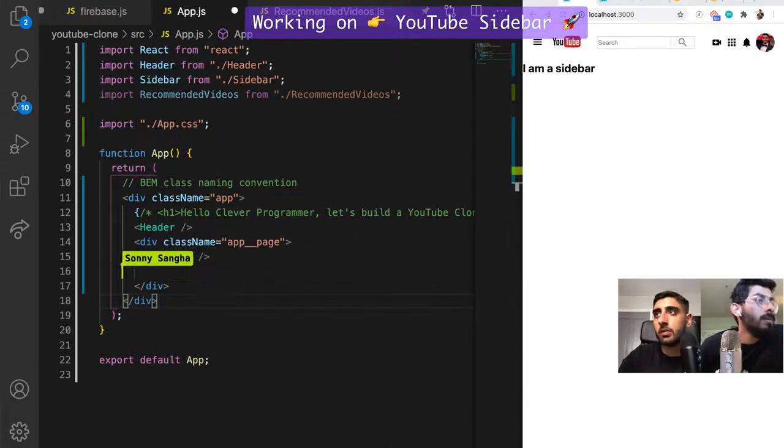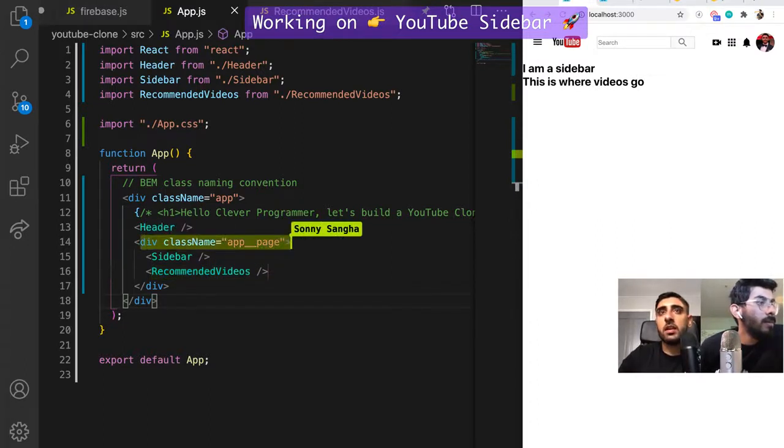So I go ahead and remove this and I say recommended videos and I render it. So now we have a sidebar sitting next to recommended videos. And now you see, by default in this container, things follow the rule called display block, right? Now display block is basically going to stack things on top of each other. So what we're going to do now instead to fix this is we're going to go into app.css, which is